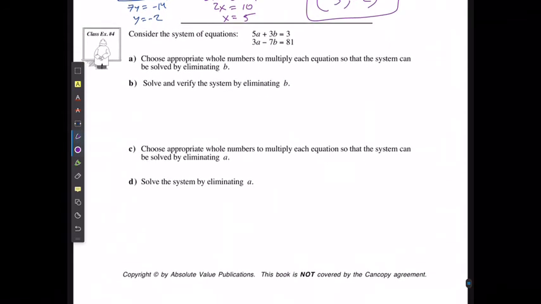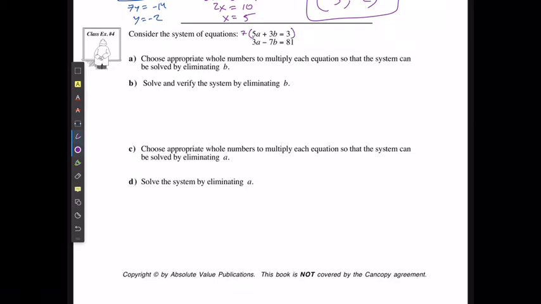For example 4, consider the system of equations 5a plus 3b is equal to 3, and 3a minus 7b is equal to 81. First thing we need to do is choose appropriate whole numbers to multiply each equation so that the system can be solved by eliminating b. Well, I can't just multiply one or the other equation in order to make it work, which means that in this case, I can eliminate by multiplying all of equation 1 by 7